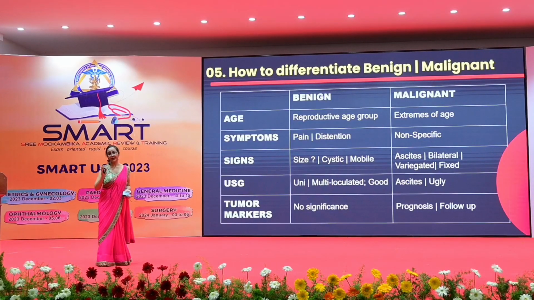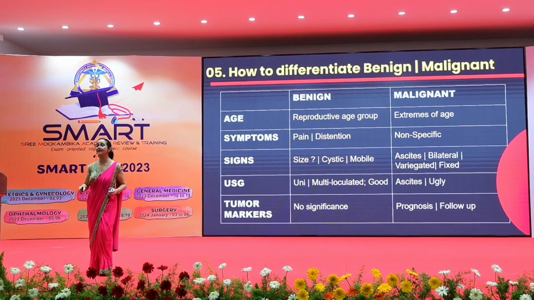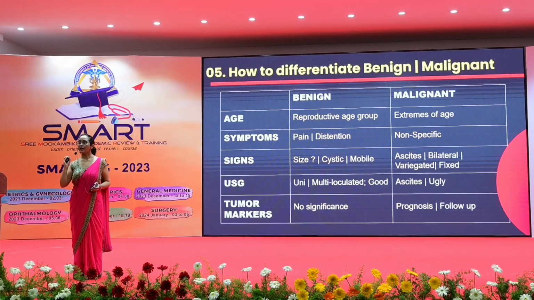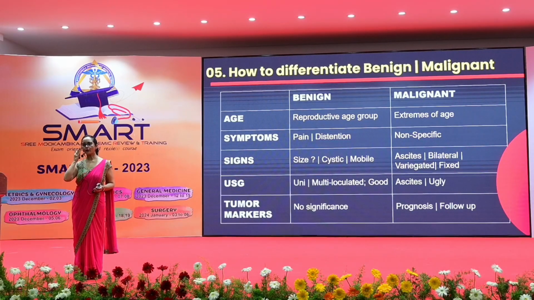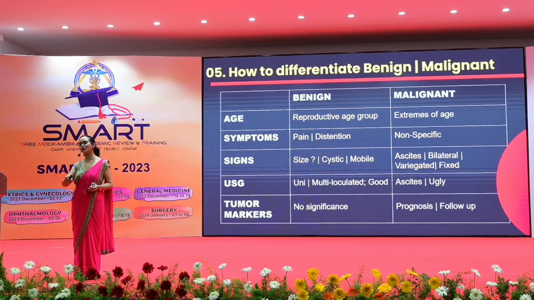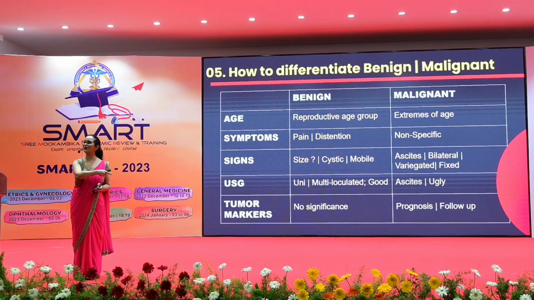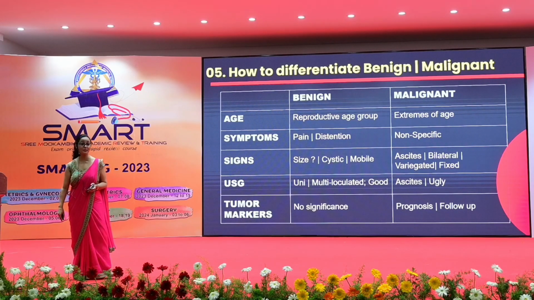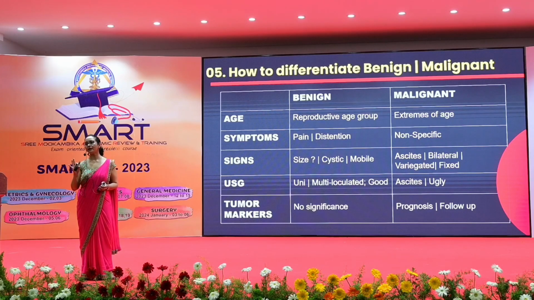Now, the next important question is, how do you differentiate a benign lesion from a malignant ovarian lesion? Okay. Why is it important? Because it can come as the first question. As soon as you take your question paper, the first university question can be to differentiate these. You can get a patient as a benign ovarian tumor or a malignant tumor. When we ask you about a specimen, we'll show you a cyst and tell you to differentiate benign versus malignant. So maybe 10% of the questions will be around this in your exam. So you have to understand properly.